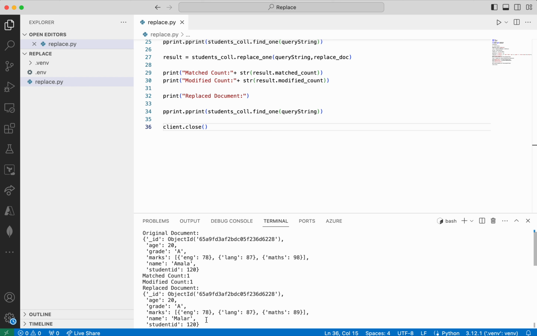In this demo, we have seen how to connect to a MongoDB Atlas cluster from a Python application and replace one document in a